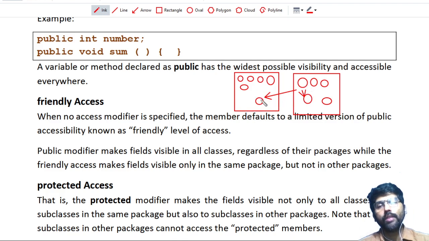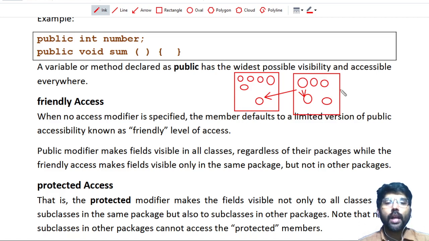This is inheritance. Now, whenever you use public, it is available to all the classes in the same package, in a different package, as well as the same class. But whenever you use friendly, the member or the variable will be available only within the single package. Here it is available in the same package.